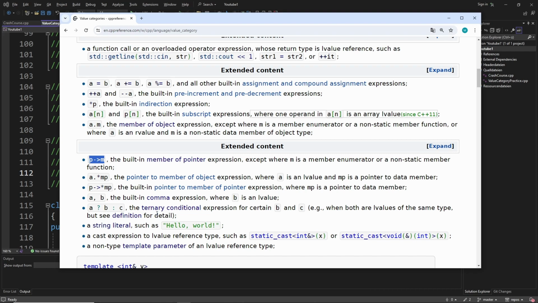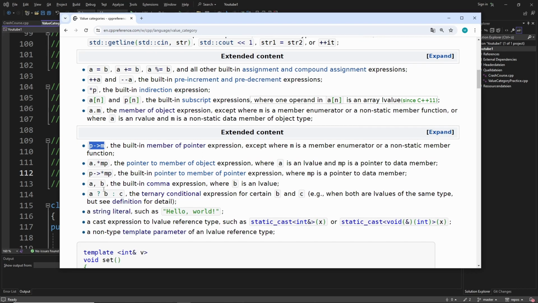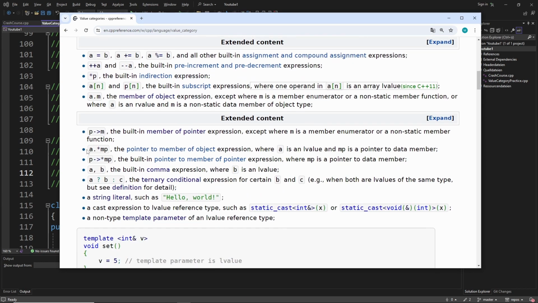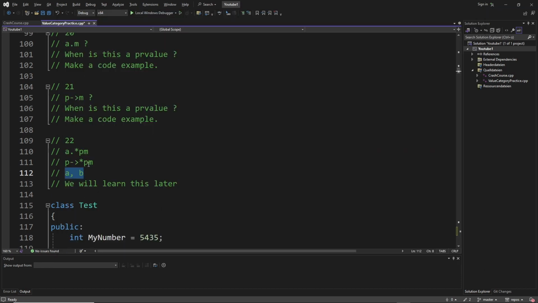When we jump back, you can see these are the next ones that were also interesting. They were also in the L value category, and we skipped them here as well. So here you probably have to learn again when it's an L value and when it's a PR value. But we skip this. This is an exercise you can do on your own